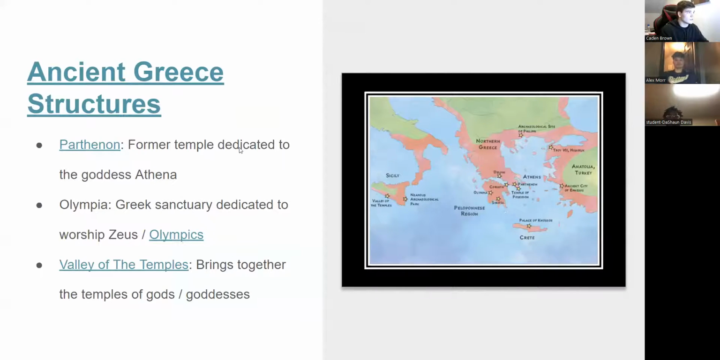So we have ancient Greek structures like the Parthenon. It's a former temple dedicated to the goddess Athena. They have Olympia, the Greek sanctuary dedicated to the worship of Zeus, with the Olympics and everything, where they held everything. And the Valley of the Temples brings together the temples of gods and goddesses. And there are some interactive links that we put with all of them, like